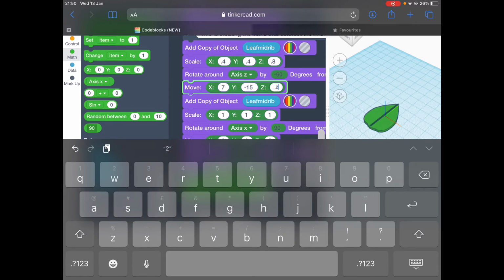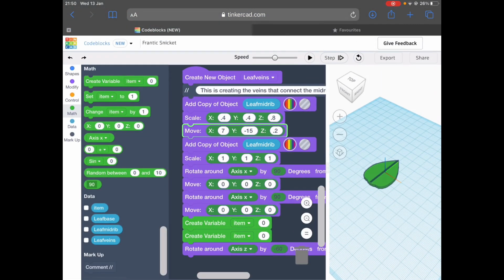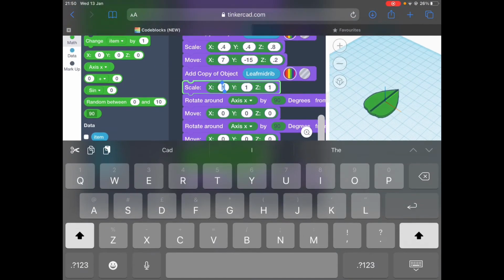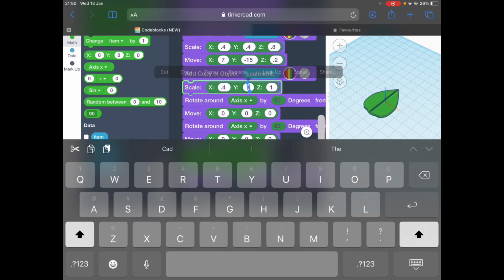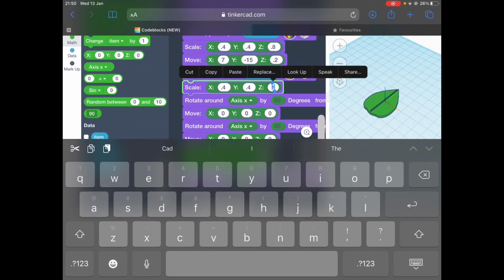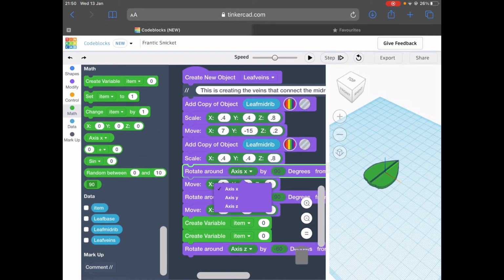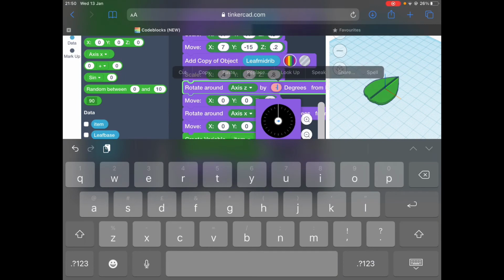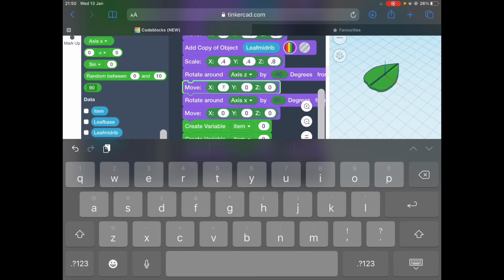Next we need to add in a copy of the leaf midrib. We've got that. Scale is going to be 0.4, 0.4, 0.8 again. That'll be 0.4. Nope, wrong box. 0.4, 0.4, that's 0.8. We're going to rotate this around the z-axis by negative 60 degrees. So that's z-axis by negative 60. And then we need to move it to 7, negative 15, 0. So move 7,